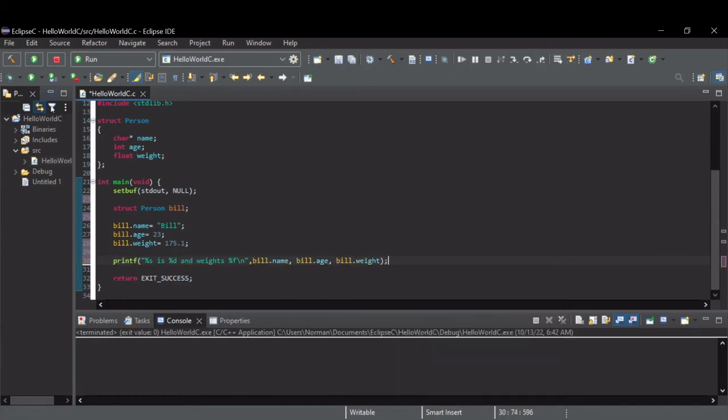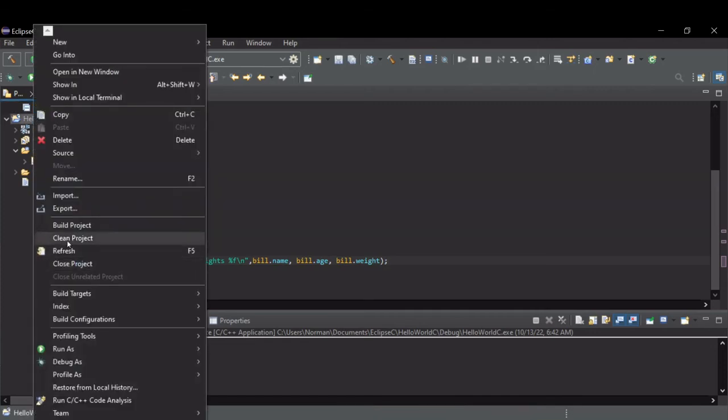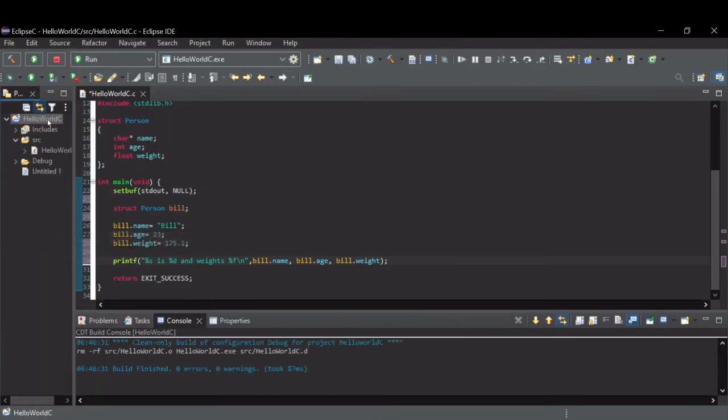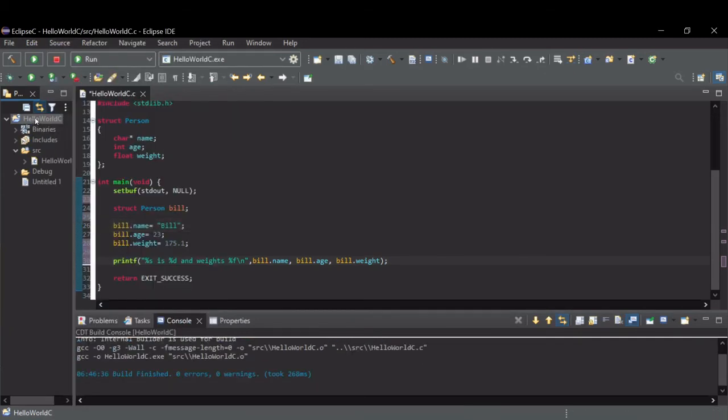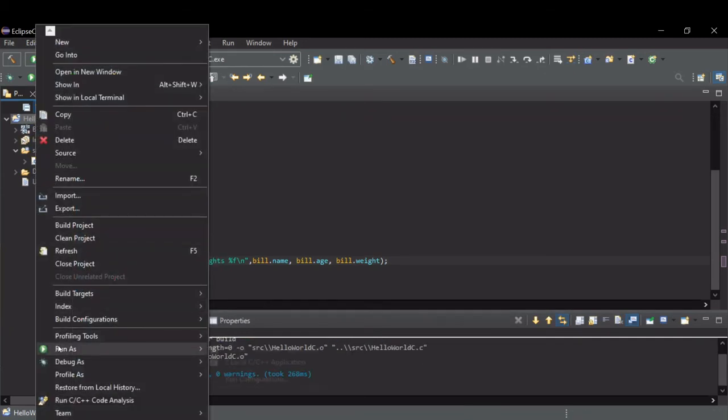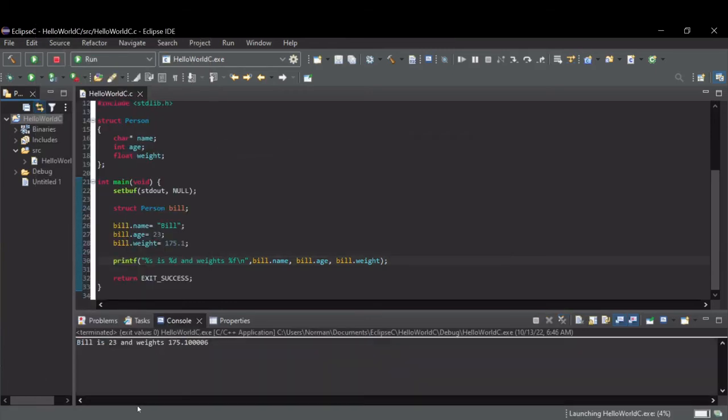Now when we run this, you can see Bill is 23 and weighs 175.1 pounds. So one other thing, oftentimes when you are defining structs,